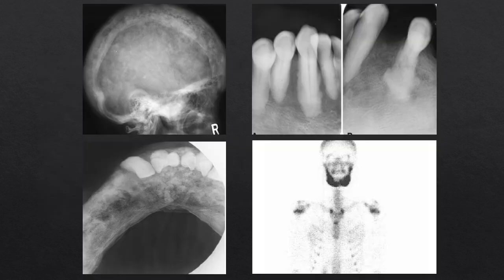Okay, the first image on the left is a lateral skull view showing cotton wool appearance, and the image on the right is of the teeth showing hypercementosis. The one below on the left is the occlusal image of the mandible showing cotton wool appearance again. On the right is the scintigraphic appearance showing the beard sign, or the Lincoln beard sign, in Paget's disease from